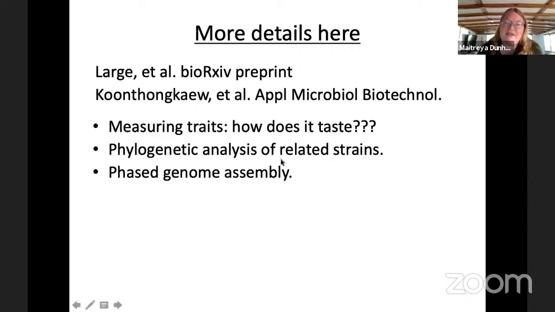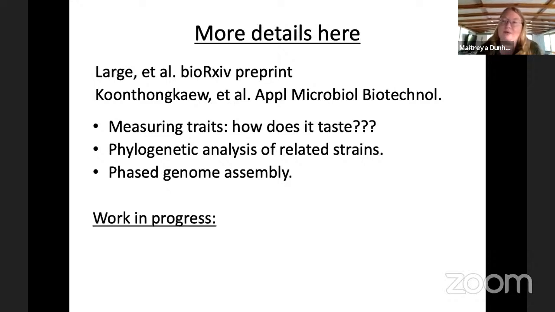We have more phylogenetics analysis. And like I mentioned, these genomes are crazy. It became very clear that we needed a better genome assembly and better phasing. So we've been working with Joseph Schuscher's lab to use nanopore sequencing to get more information, particularly because the telomeres of these strains all mix and match and are a mess. The genome assembly with nanopores really helped straighten out some of that.